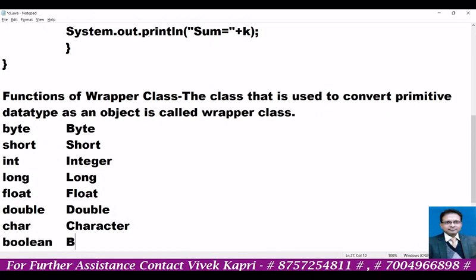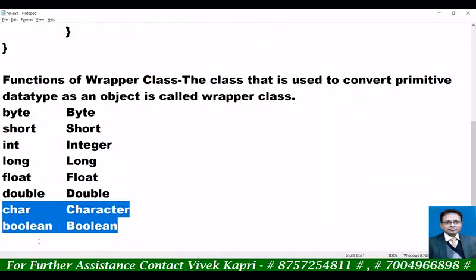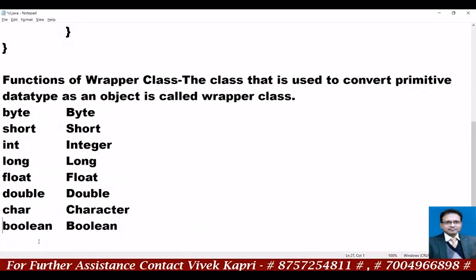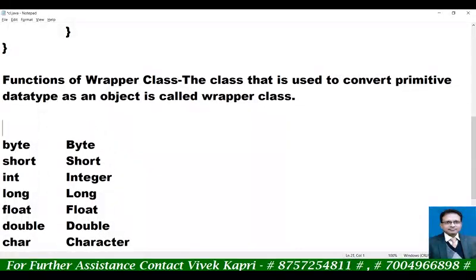Boolean is the wrapper class. However, these two wrapper classes do not have such converting functions. These are used in other ways. So all of you write all these concepts in your notebook and learn these corresponding wrapper classes. These are primitive data types and these are wrapper classes.